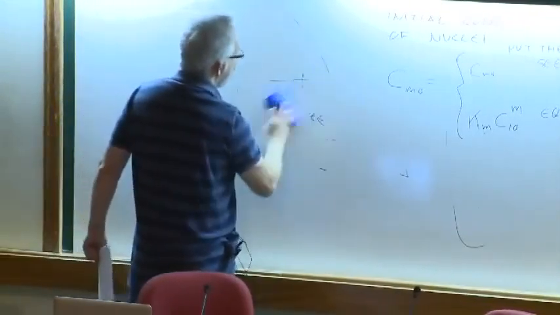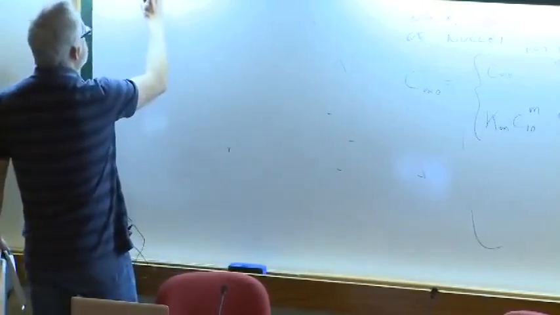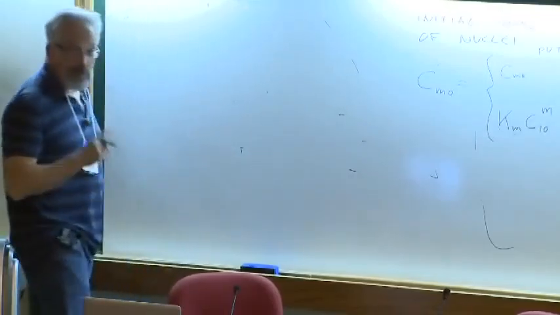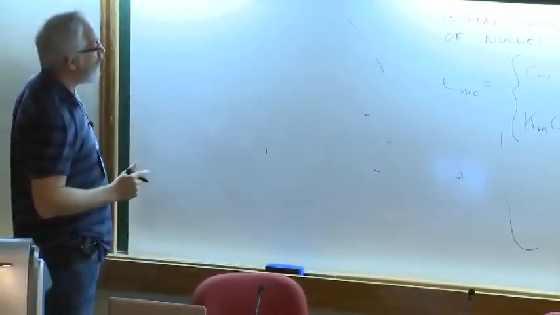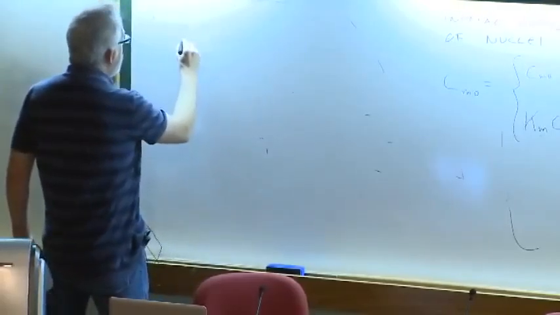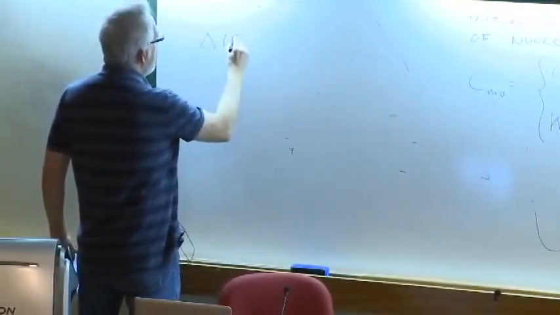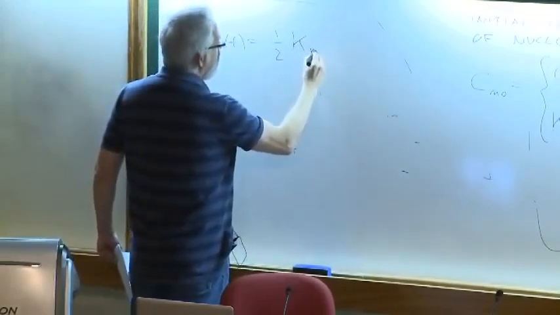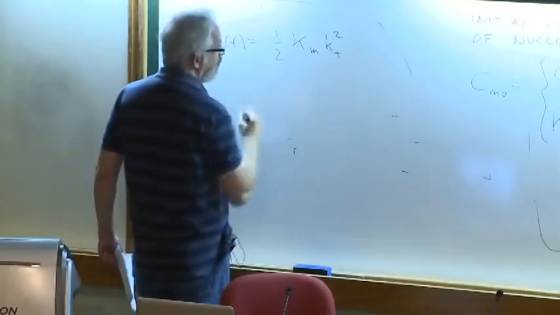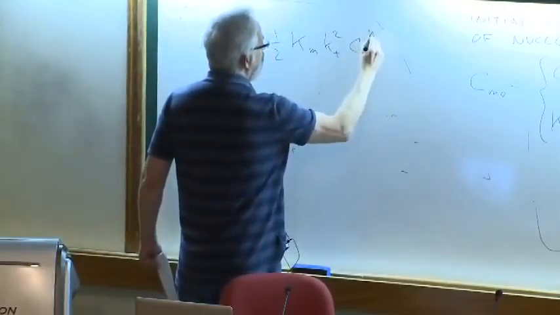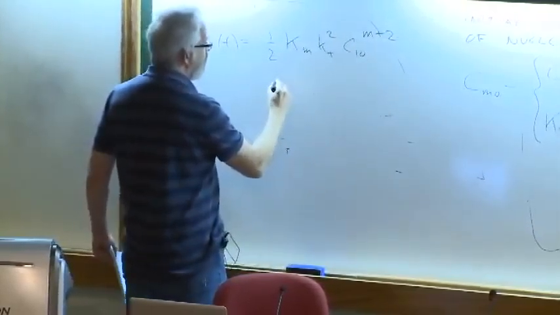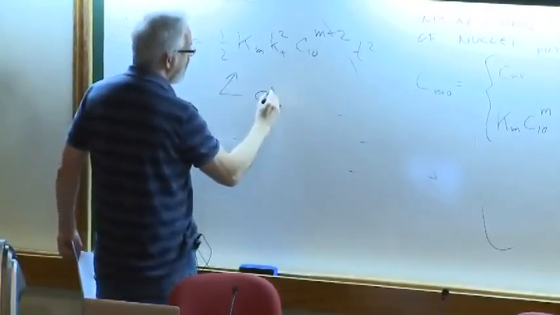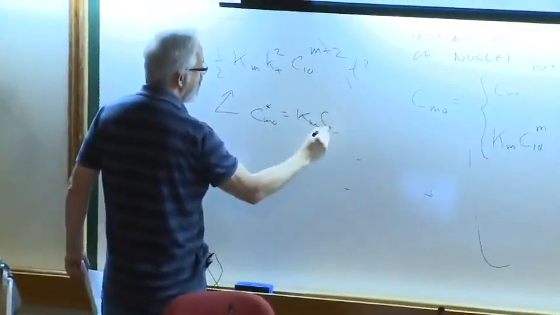And so what that tells us is that if we're in this condition of weak equilibrium, the no seeding condition, which is what we have in the experiment, then there's something quite interesting and experimentally useful that comes out of this. Namely, we can see that the rate of growth is equal to this equilibrium constant times K plus squared times C1 naught to the m plus 2, times T squared, where we've substituted in that Cm naught star is equal to Km times C1 naught